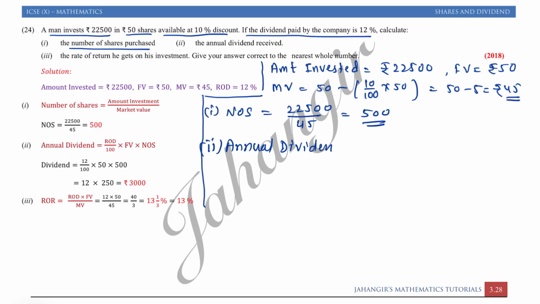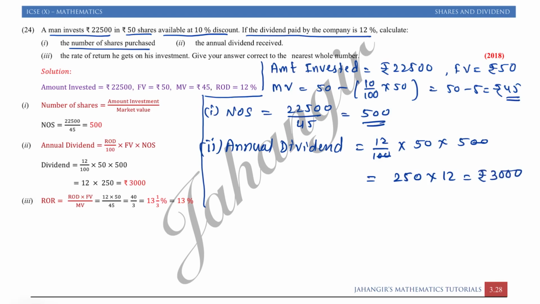Annual dividend is equal to ROD upon 100 into face value is 50 rupees into number of shares is 500. Just cancel 2 zeros. 5 5s are 25. 25 into 12 is 25. That is 250 into 12. That is equal to rupees